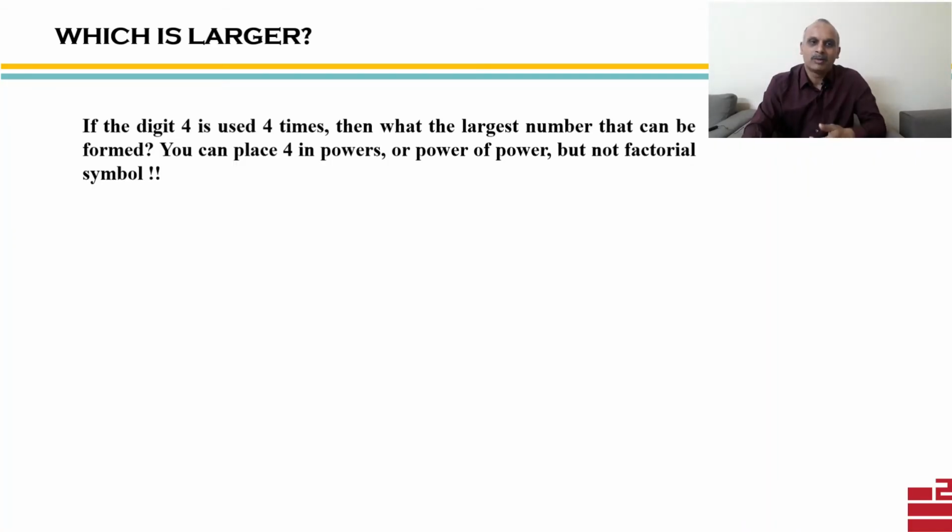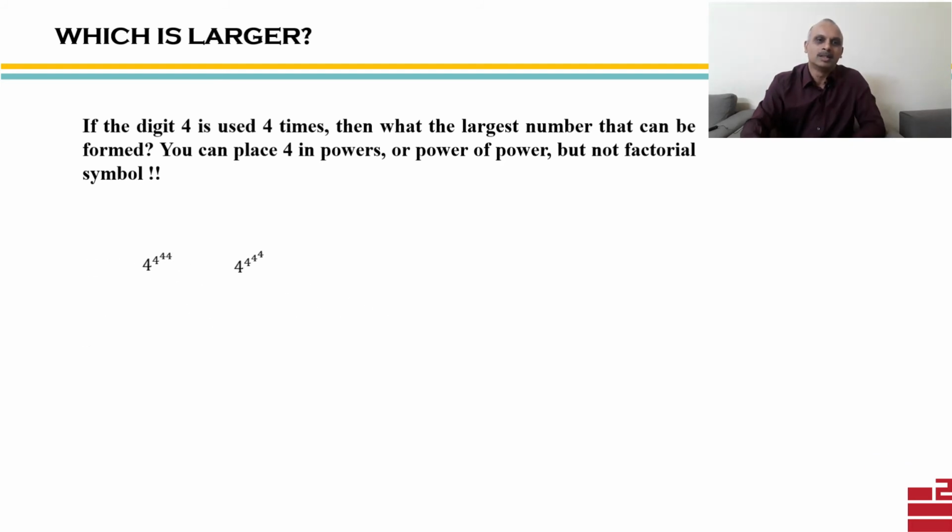Let's check out our next problem, which is the same as the previous question. The only thing is now digit 4 is used 4 times instead of digit 3 appearing 4 times. Now first of all, we'll list down all those numbers like previously. So the number structure will be the same as this, but we will restrict ourselves to the case of the largest